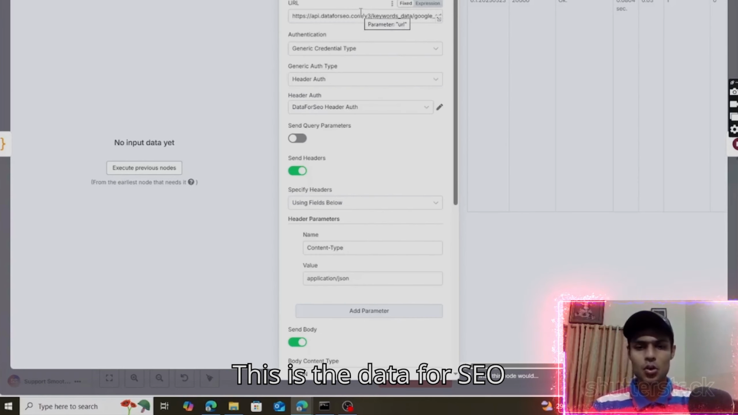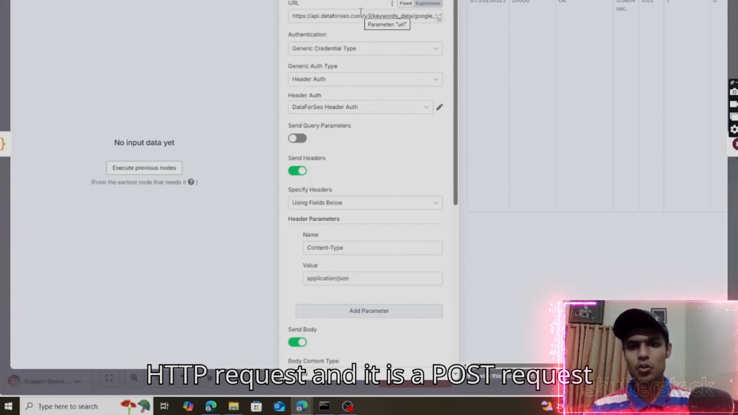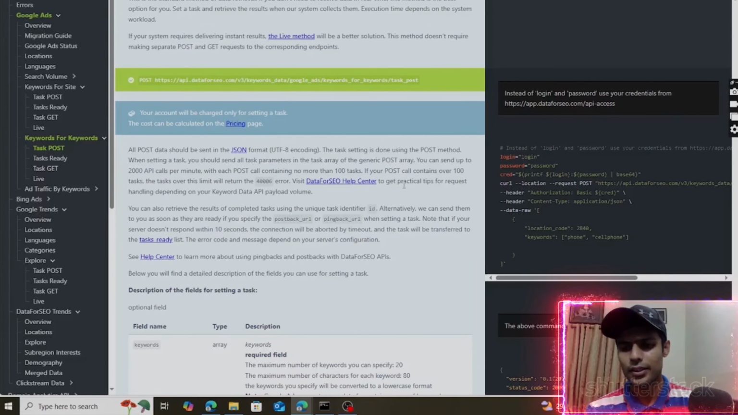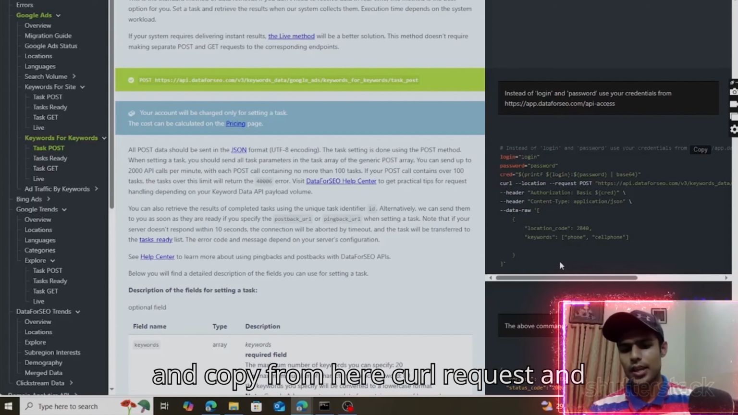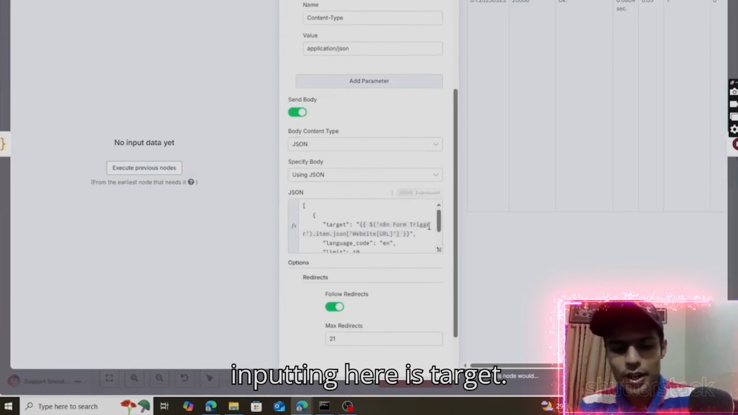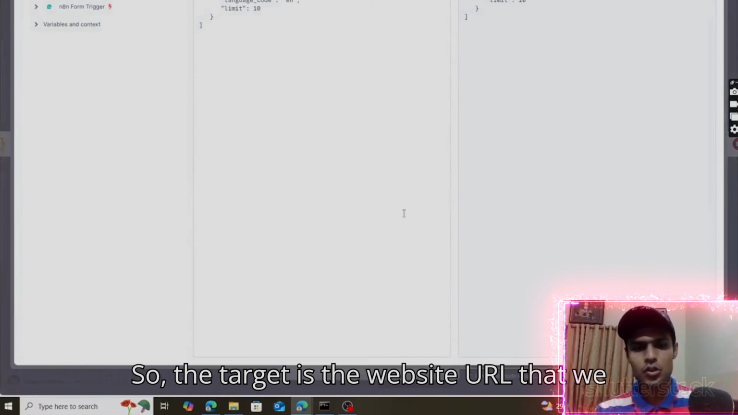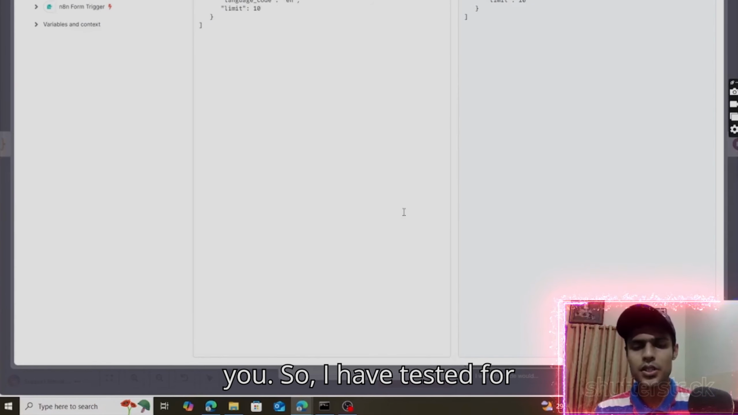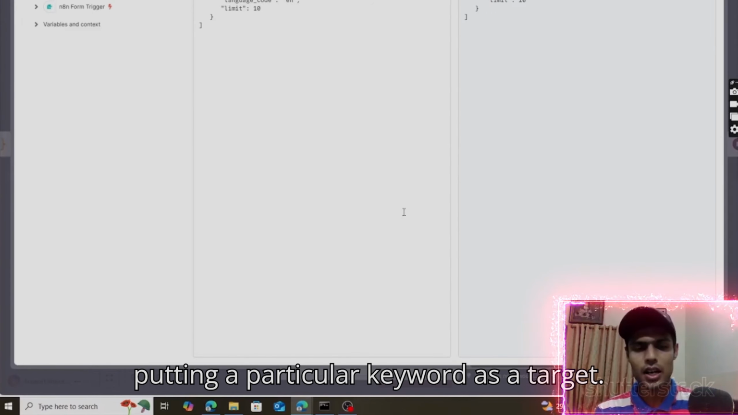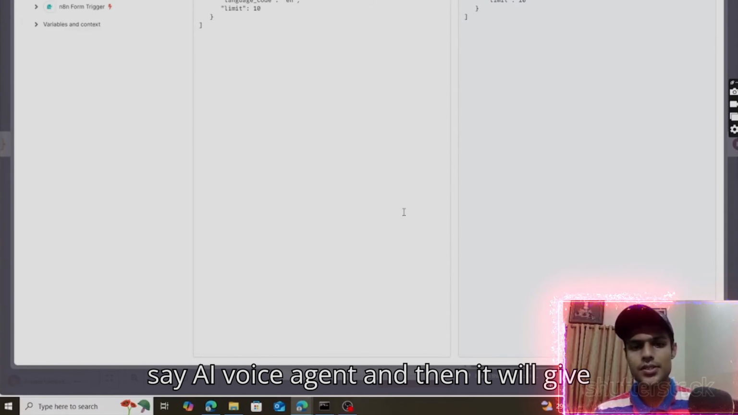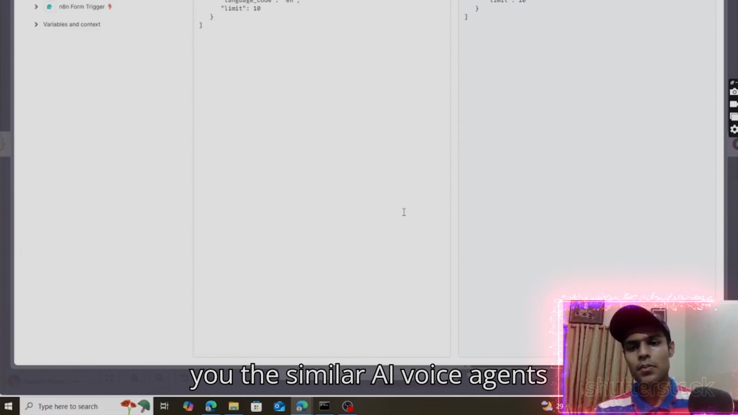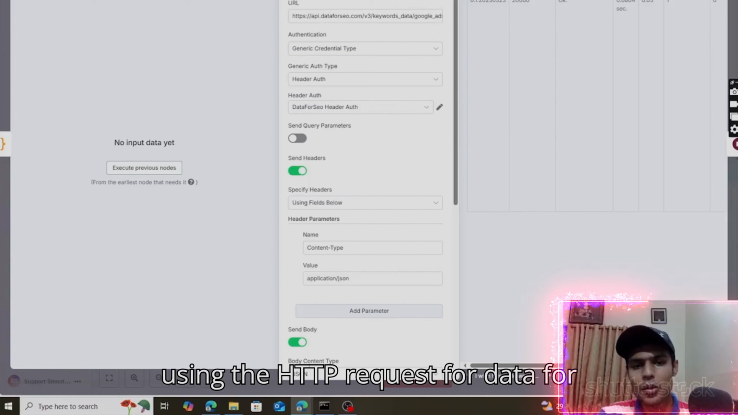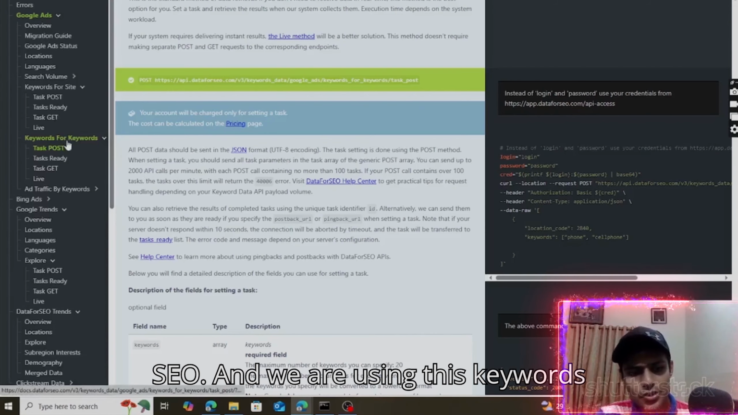This is the DataForSEO HTTP request, and it is a post request for this keyword, right? So task post, you can just copy from here, query request, and then paste it here, right? So what we are inputting here is target. The target is the website URL that we are putting, and it depends on you. I have tested putting a particular keyword as a target. Let's say real estate property, or let's say AI voice agent, and then it will give you similar AI voice agent keywords, right? We are actually using the HTTP request for DataForSEO